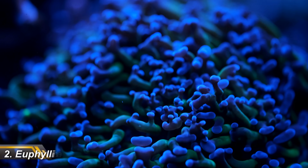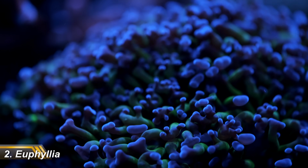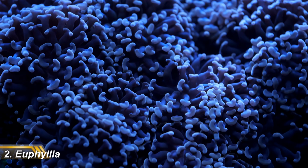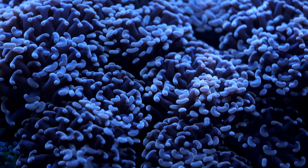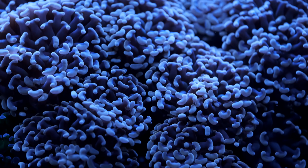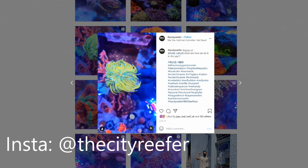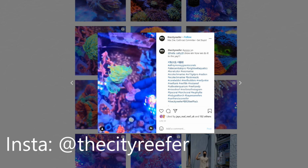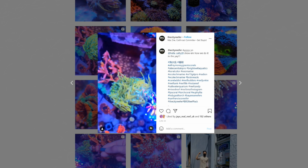For my number 2, I'm going to cheat and include a group of corals known as euphyllias. For the purpose of this list, that means frog spawns, hammer corals and torch corals. Although they have stinging sweeper tentacles, they won't sting each other, so can be kept together as part of a garden, with the exception of torch corals, which are about as aggressive as chalices. Low to moderate light and flow is the order of the day, although torches probably favour a little more of